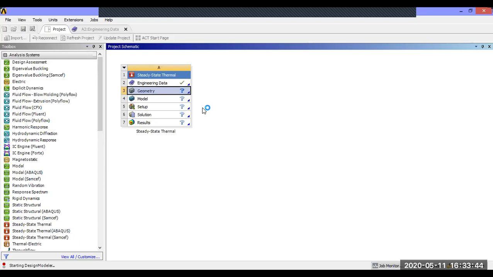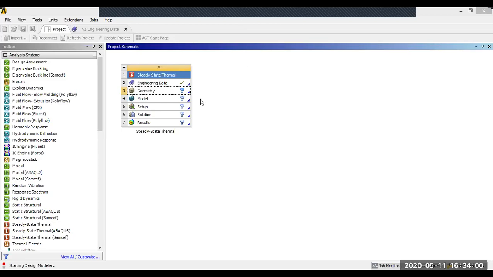Now it will open one new screen, that is the geometry screen. It will take half a minute.